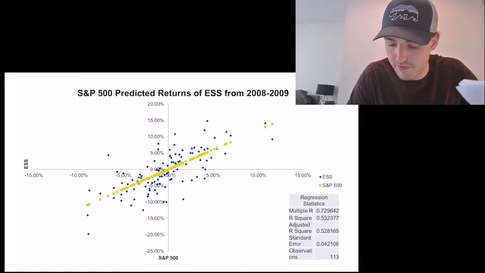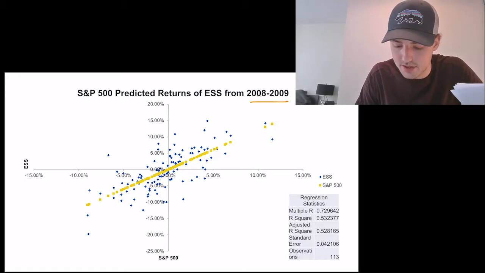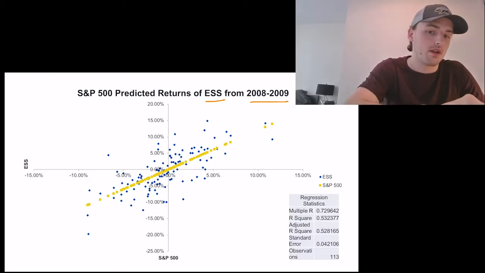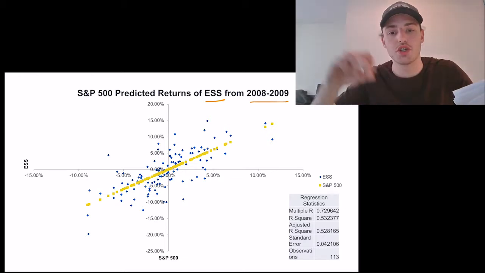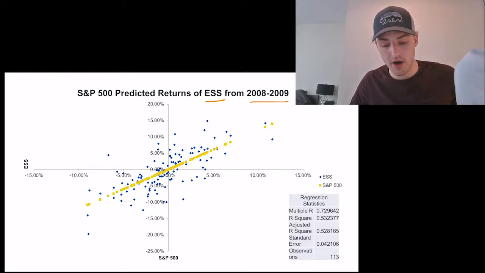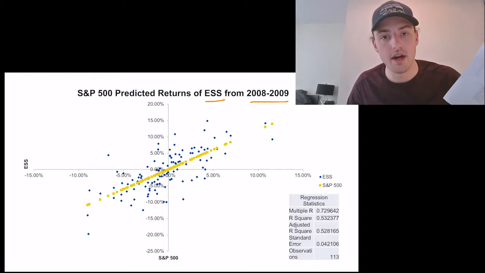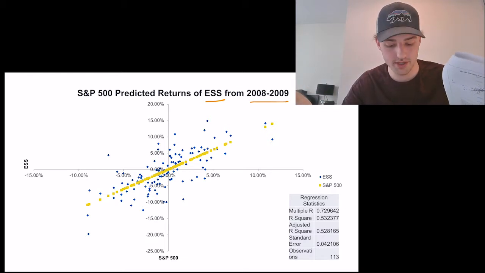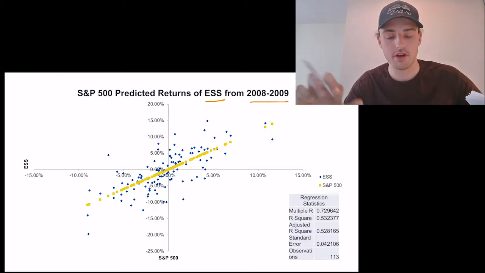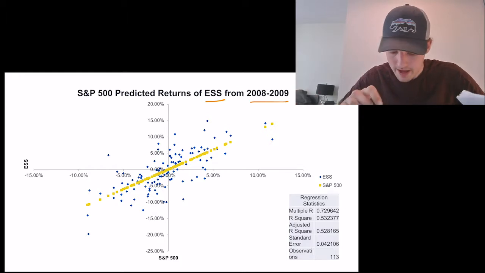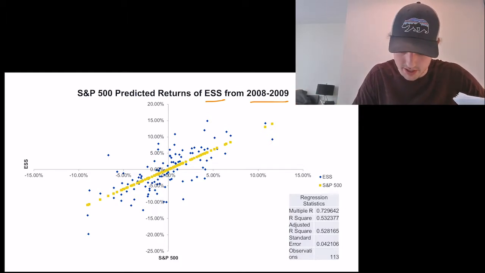This is from the free fall period, right? So from 2008 to 2009, ESS, which is the residential REIT player who owns apartments, and this is our regression of the linkage of market returns versus ESS returns itself. And as you can see, during this time period, there is a large clustering of kind of like events like this,